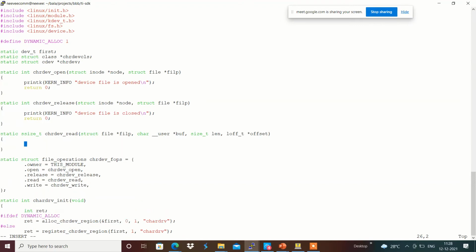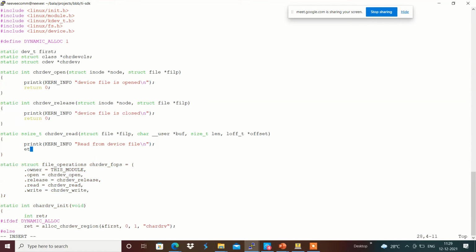In this I am going to put a printk with KERN_INFO: read from the device file. Then I am going to return -1.